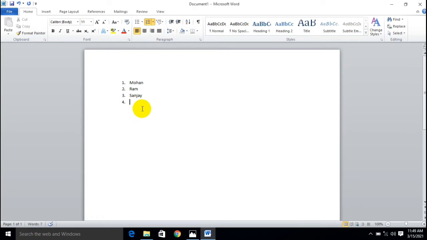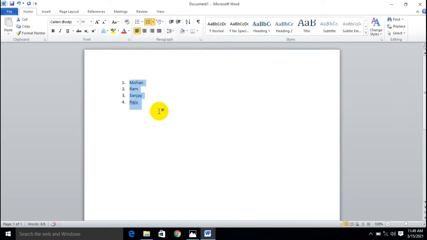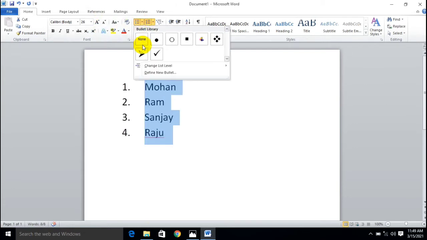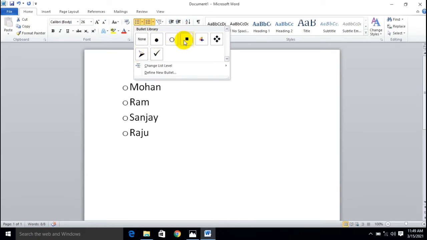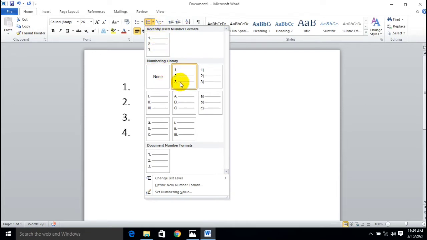If you want to change these numbers to other symbols, you can choose whatever you want. I'm going to increase the size so that you can easily see it. In bullets you have arrows, symbols, dots, circles, squares, and other things. In the number system, you have numbers with brackets, Roman, ABCD, small letters, and these things.